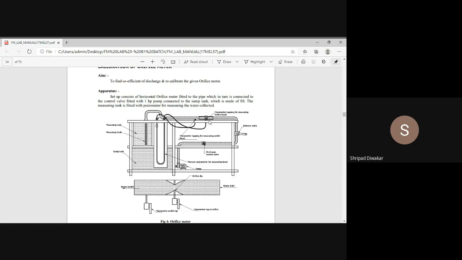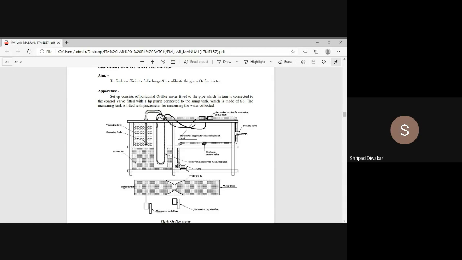Okay. So here we are having mainly the orifice meter, which is fixed inside a pipe. Okay, and this is connected to a manometer. So you can see the manometer. The mercury is used as a manometric fluid in the manometer because of its properties. Like it is having a low coefficient of thermal expansion, we can easily see the readings, and it does not stick to the walls. For that purpose, mercury is used as a manometric fluid.